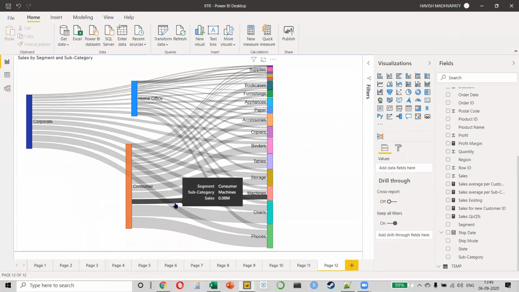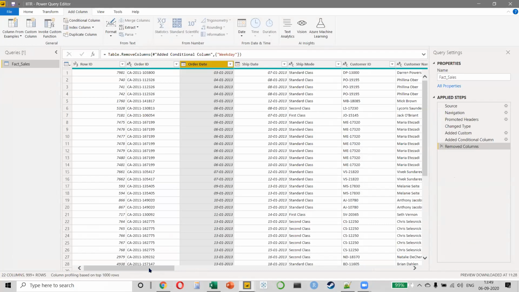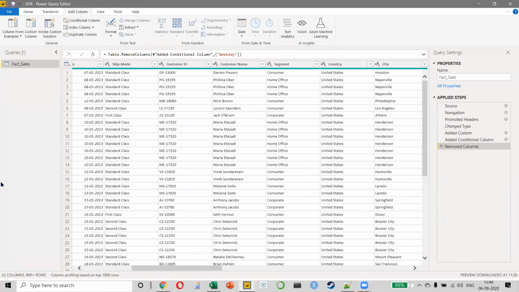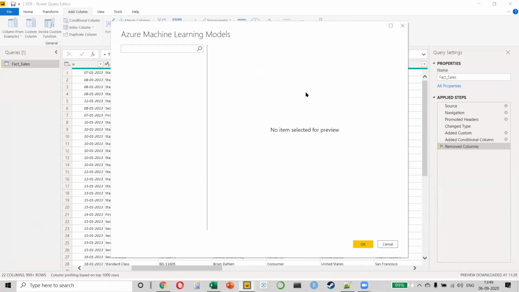Then I also introduced Power Query to you. So Power Query is a data transformation tool, like the example I showed you for weekend and weekdays. How did we do that automated process? By simply clicking on a few buttons on Power Query like this, right? And it works very well. If you notice, there are some buttons called Text Analytics, OCR, Azure Machine Learning, but these are only available on the premium version of Power BI.